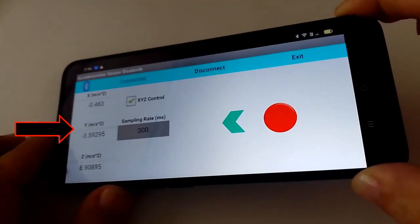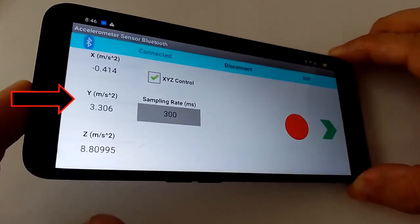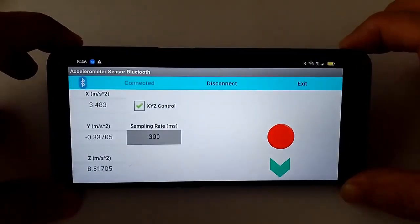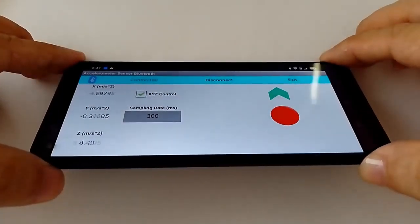Negative Y, positive Y, positive X, negative X,